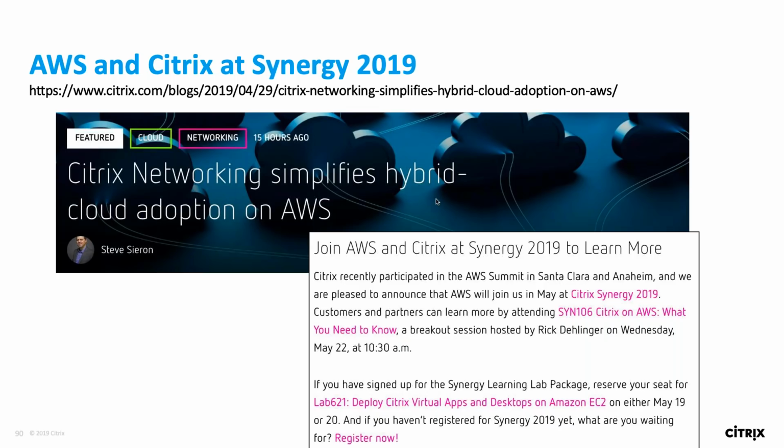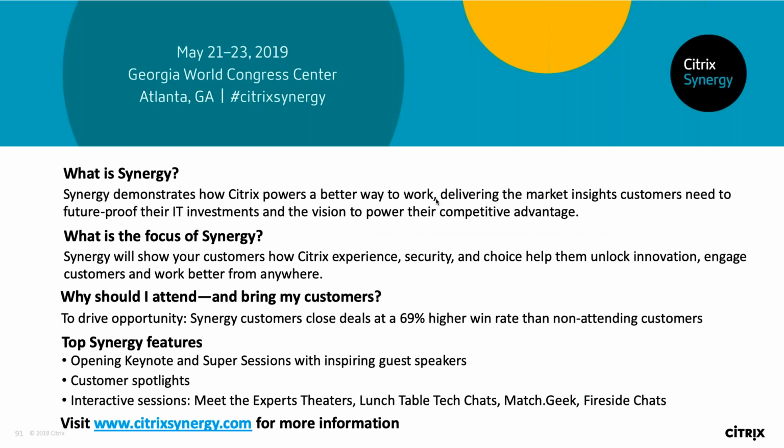We have a lot of great partners there, and AWS is not insignificant to us. So with that, the event itself. Synergy is coming up May 21st through the 23rd. It's our first time in Atlanta, and we're looking for a great turnout there. We have a lot of content coming up at Synergy. If you're thinking maybe you're on the fence so far, or maybe it's not quite the networking event that you thought it would be, since the focus here is networking, I want you to be rest assured that we have a lot of networking content. In fact, we have more networking content at this Synergy than we had in many events past.